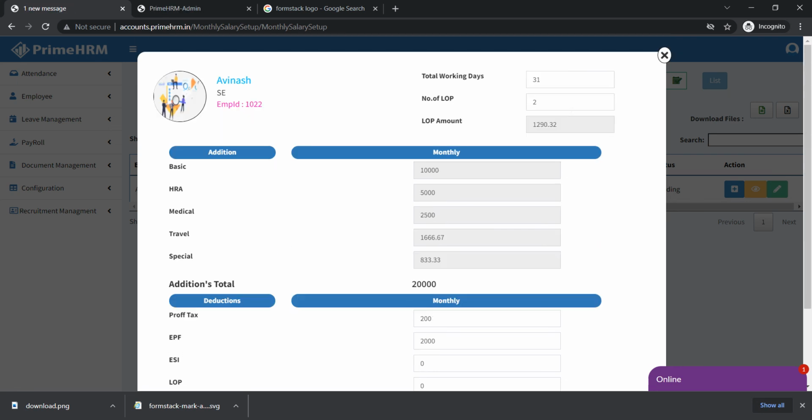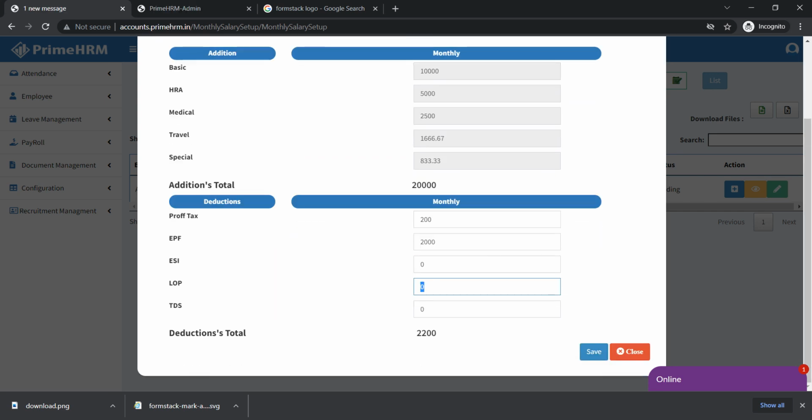If you want to apply the LOP, click on this one, copy it, and paste it here. Or you can do this also. It is 3,490 rupees of deductions for this particular employee for this December month. Click on save. In a month, he gets 20,000 minus 3,490 rupees, and the rest of the amount. To see that amount, click on save.